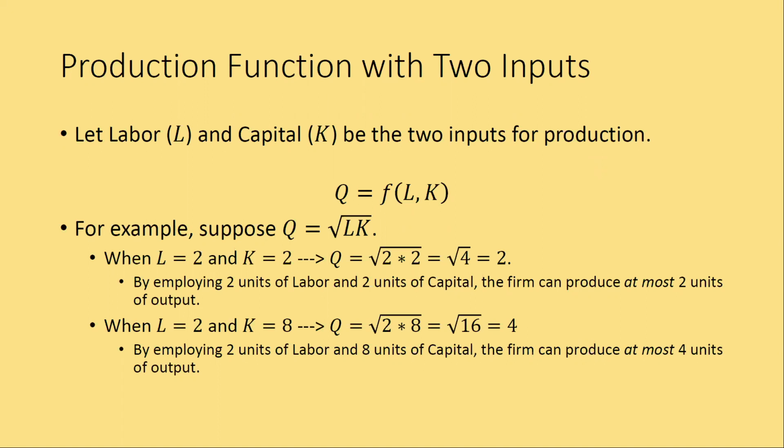For the same reason as what we did in the consumer theory, with two inputs or with two goods, we can study the consumer or the producer's trade-off between using those two goods. And the trade-off can be similarly extended to more than two goods. So if we have 3 goods, 4 goods, 5 goods, and even more, it is going to be more abstract to imagine what is going on, but